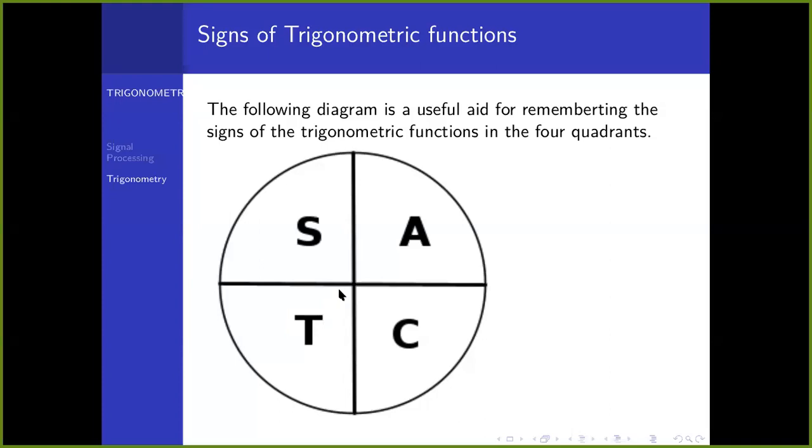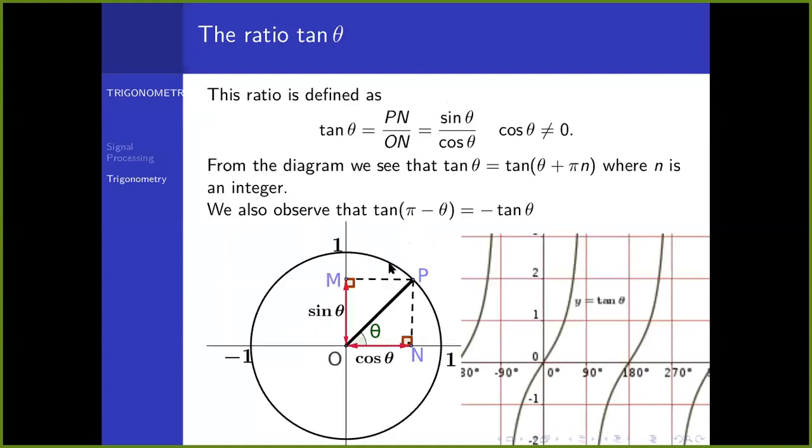Is that correct? Tangent is positive. And between 270 and 360, the cosine is positive, and the rest are negative. So it may be useful to look at this from the graphs. If we go back to,